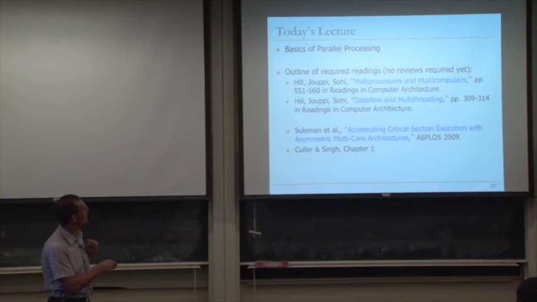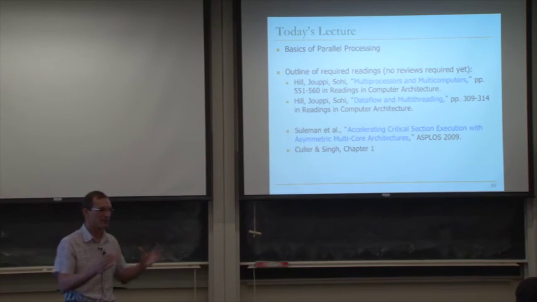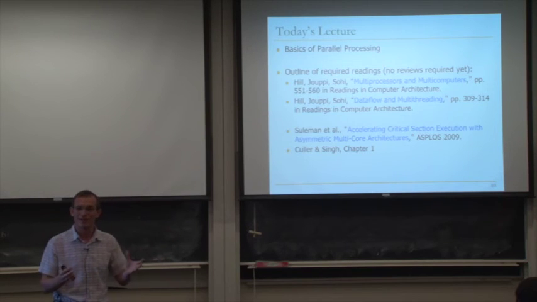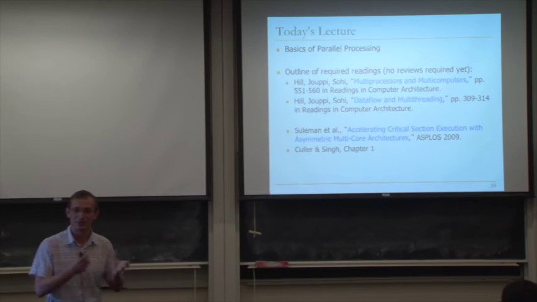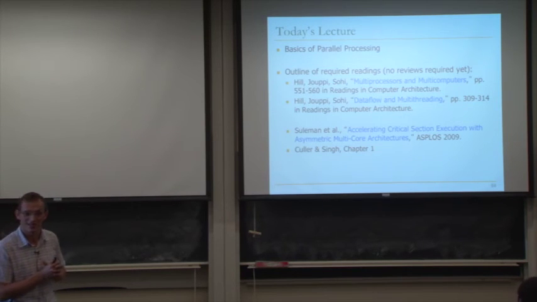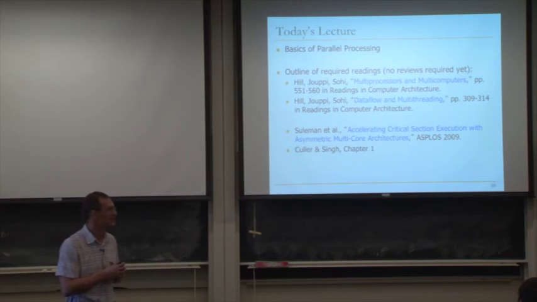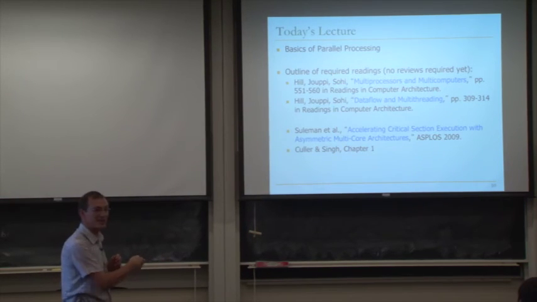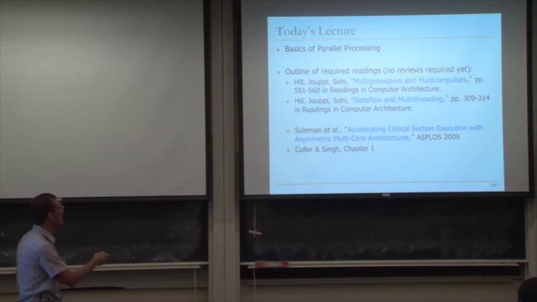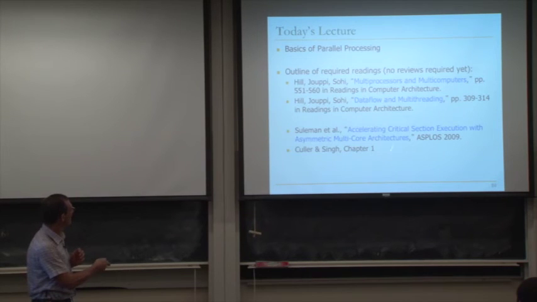This is essentially a collection of readings in computer architecture, but it's divided into chapters. And in each chapter, there's a prologue, if you will, that describes the area to you, introduces the area. And we will mainly occupy ourselves with multiprocessors and multi-computers in the next few lectures. And then we will at some point go into data flow and multi-threading also. So you should definitely read this, because next lecture, if not this lecture, will be partly based on that chapter.